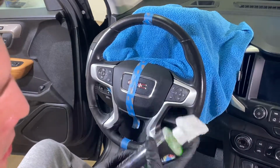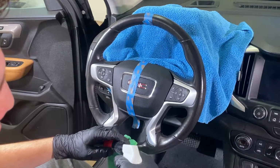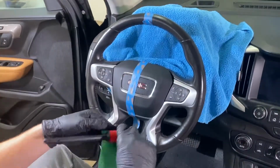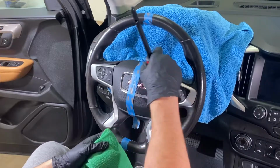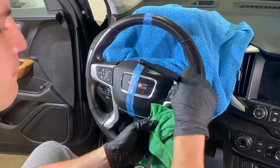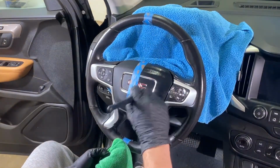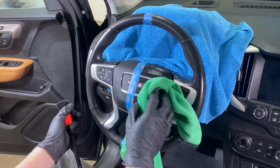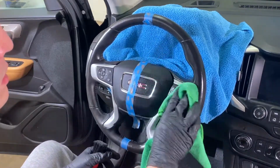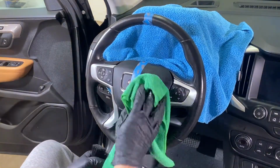Now, while the leather conditioner is drying by itself, we're going to go ahead and actually use our all-purpose cleaner to clean the rest of the steering wheel, the plastic pieces. So all I'm doing is I just applied a little bit on the brush, and I'm just scrubbing it in right now to kick off any loose dirt or debris or any oils that were sitting on there that we couldn't really see ourselves. And I'll just simply wipe it off dry, remove any of the chemical that was remaining,